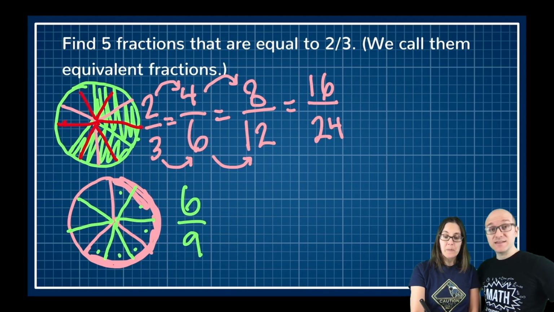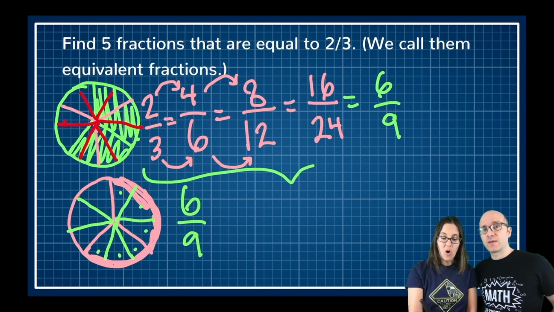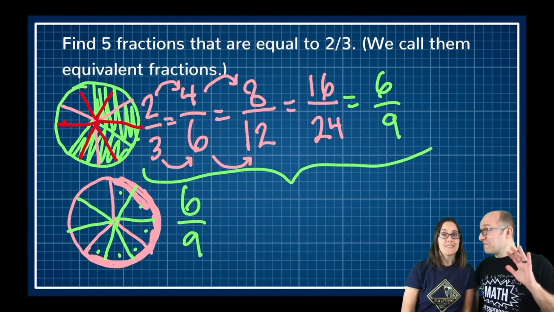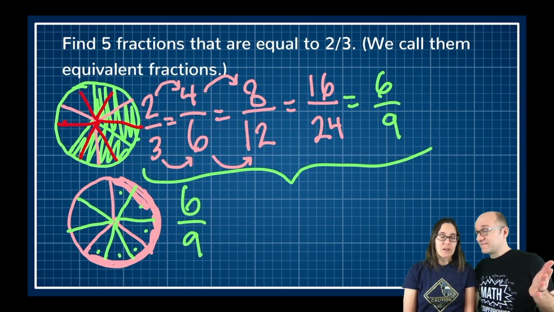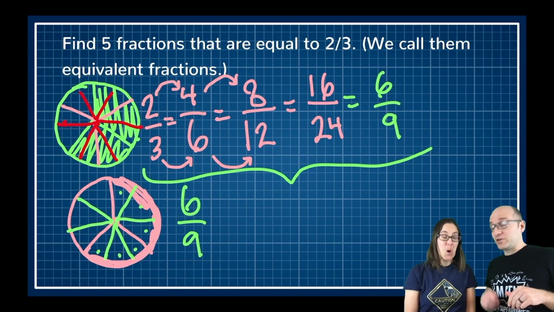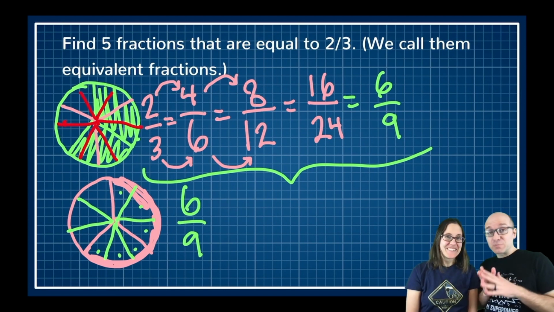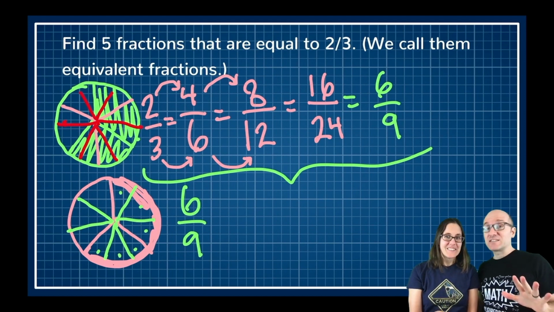And 6/9 is equivalent to 2/3. So those numbers are equal. These are all equivalent fractions. You found 5 of them. Now, how many do you think there are? Oh my goodness. A lot? Infinitely many. Infinitely many? You could just keep slicing these smaller and smaller, and the proportions stay the same. So there are infinitely many ways of writing each number. It's kind of a weird thought.